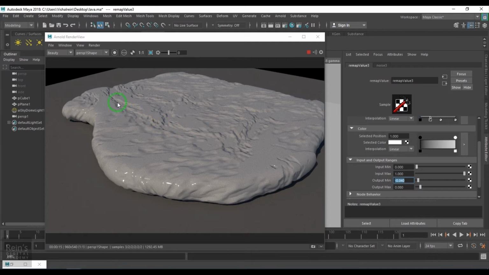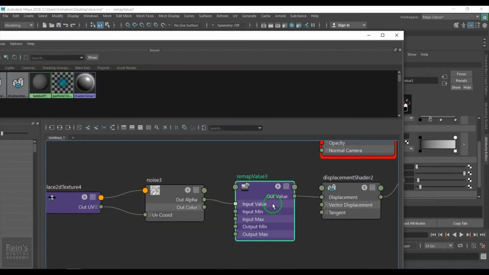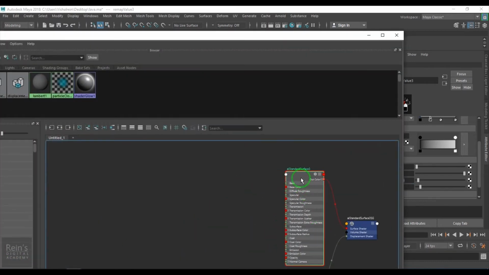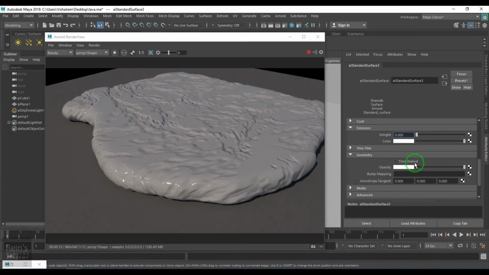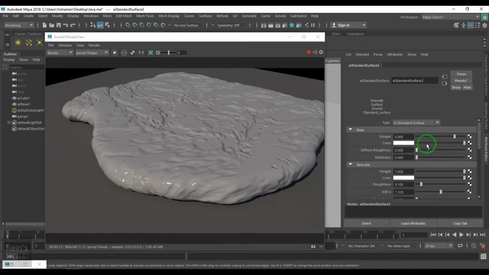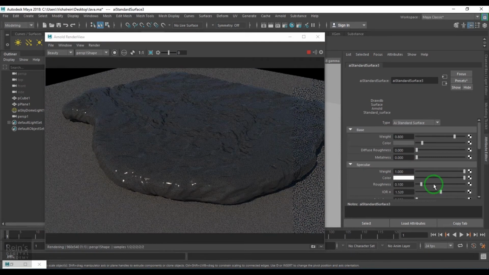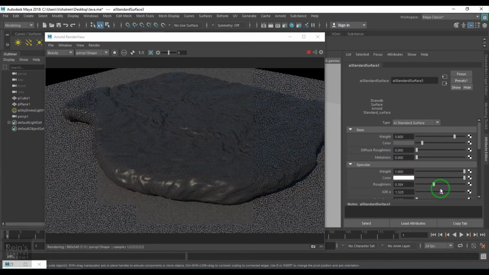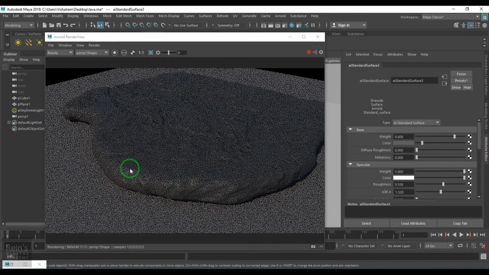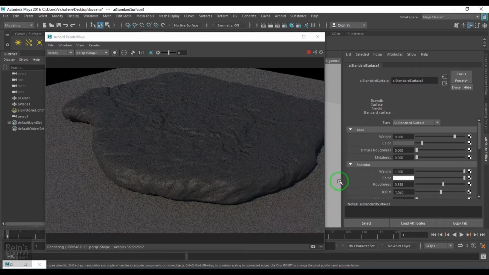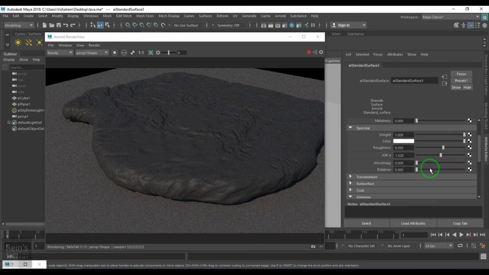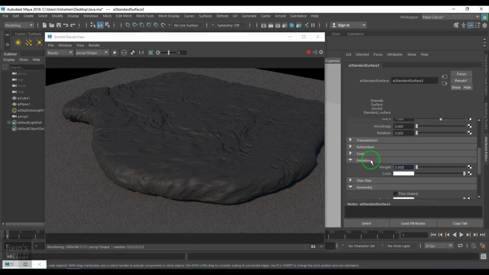Okay, so I'll select the AI standard surface shader, and I'll take the color and make it black, and also I'll make it look slightly rough, like that. Okay, now just go to the emission here and put an emission value of 1, and in the color I'll take the layered texture.